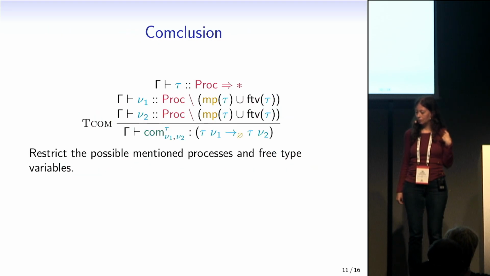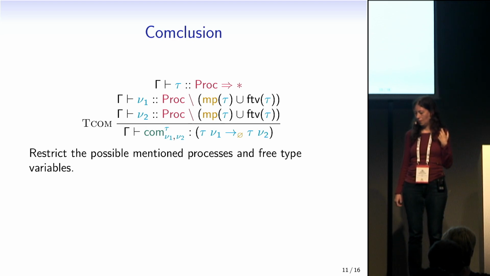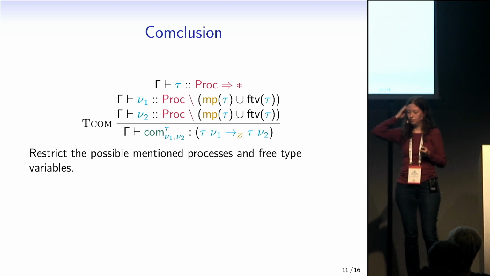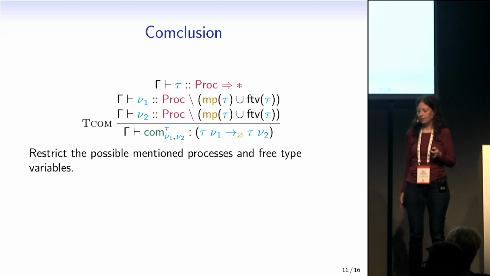Well, here's the conclusion to our com problem. We need to restrict the possible variables and process names that can appear in our tau. And the way we do it is actually, we do it backwards. We restrict the ones that can appear in our sender and receiver. So we say that the mentioned processes in tau, and we have a restriction on the kind, which is on everything that appears freely in tau, and then when we're